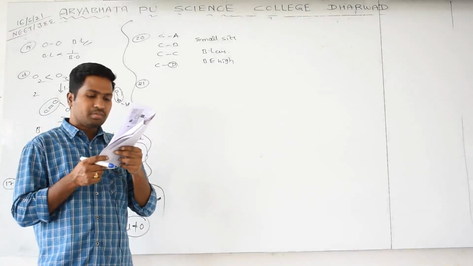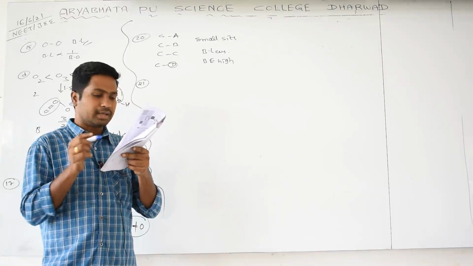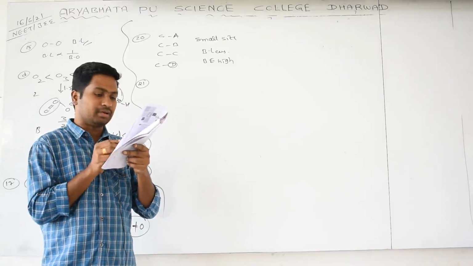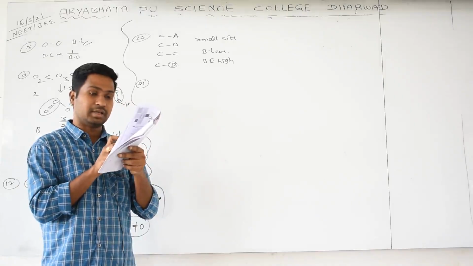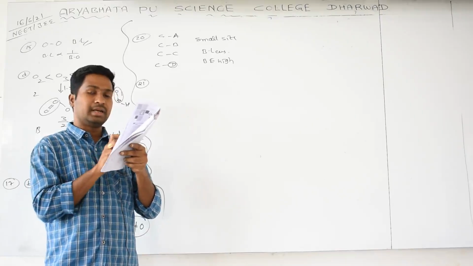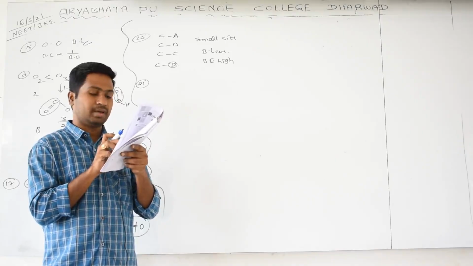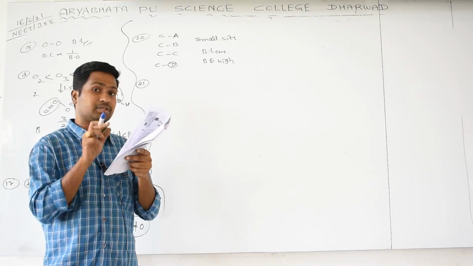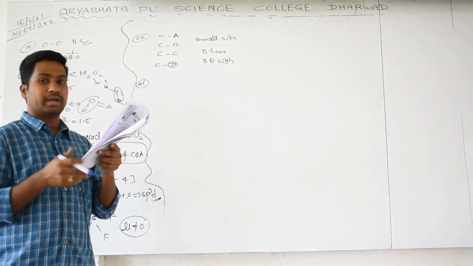Which of the following bonds will be most polar? Most polar means you check it. Yes, highly electronegative elements will be there, meaning a large electronegativity difference has to occur. That is nitrogen 3, fluorine 4. One difference is coming. But in the remaining cases, N and Cl is almost 0, and O and F is a 0.5 difference. N and F difference is 1 electronegativity unit. So the more the electronegativity difference, the more polarity there will be.